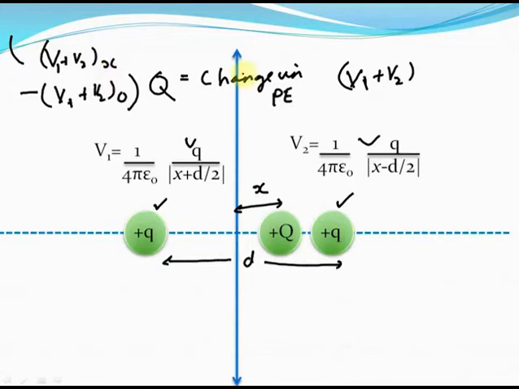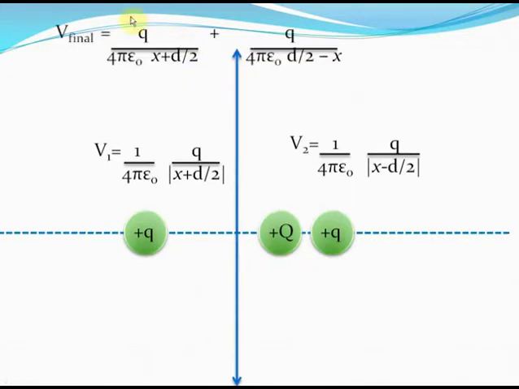You see, the potential of the two charge system at a point that's a distance x from the origin will be this expression. All that I've done is substituted x in the formula V1 plus V2. In this case, when the plus capital Q charge is to the right of the origin, then mod x minus d by 2 will assume the value d by 2 minus x, because x will be small and this distance d by 2 will be large.